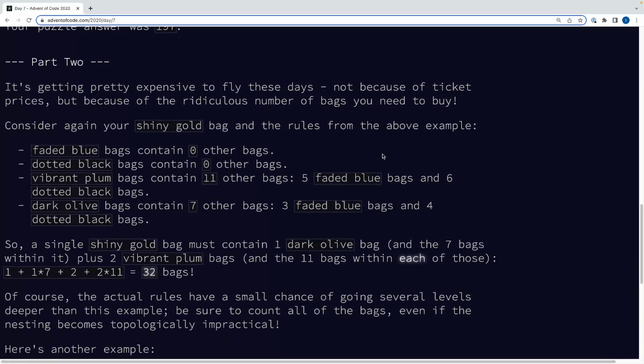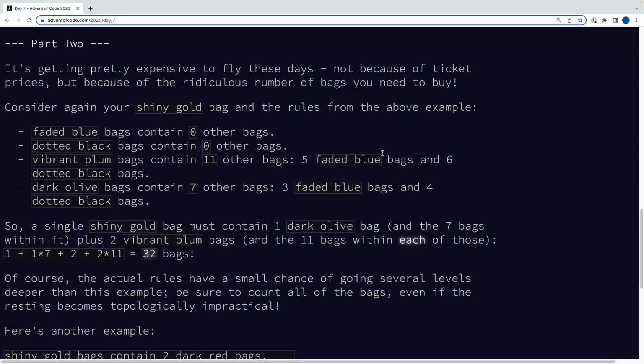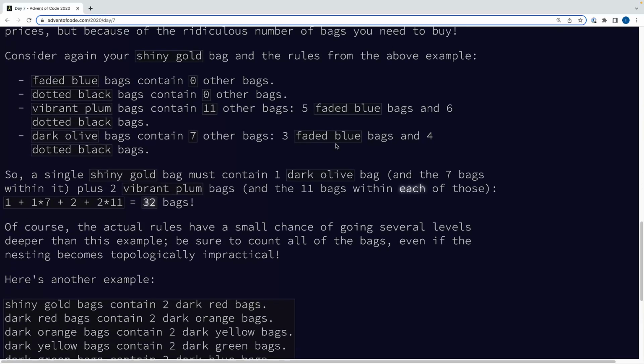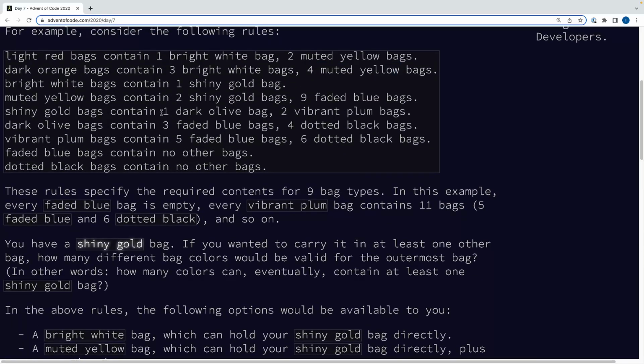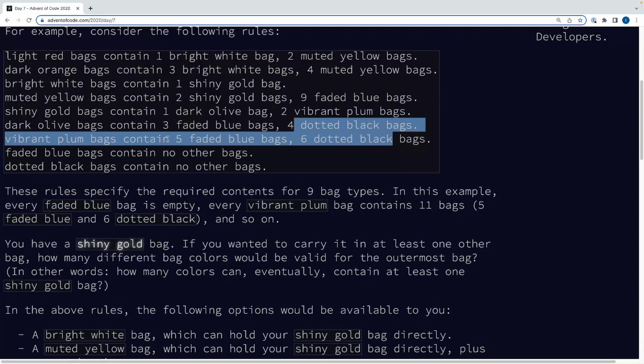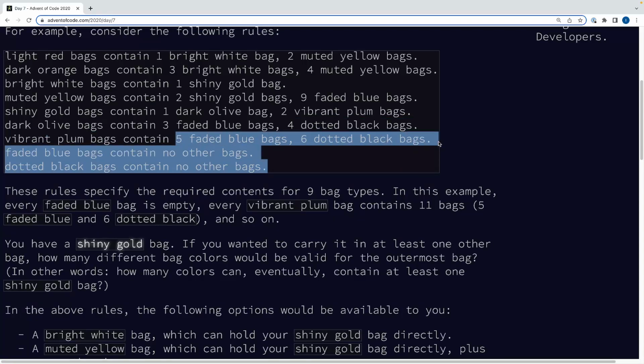And then part 2 says, okay, how many bags total, not unique bags, but how many bags total does your shiny gold bag contain? So if we look at the problem input again, we see that shiny gold bags contain 1 dark olive bag, 2 vibrant plum bags. So that's 3 right there, 1 plus 2. But then dark olive bags also contain 3 of these, 4 of these, etc., etc. So you basically sort of,